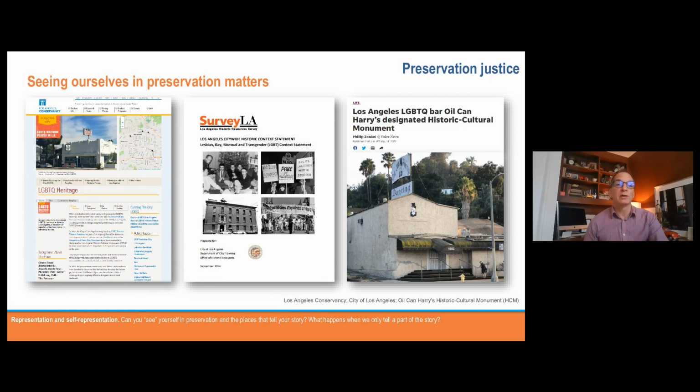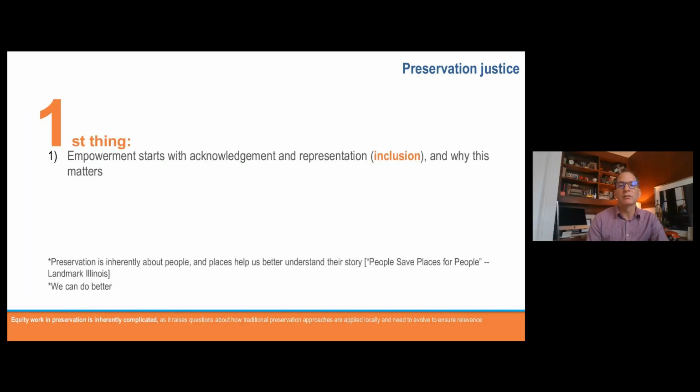And I think the more that we see ourselves in preservation being represented and seeing how places tell stories about ourselves, that's a way in which we open up and broaden the application and also the relevance of the work that we do. And the more that people in our communities see themselves, that is when the story really is telling a full story of our communities.